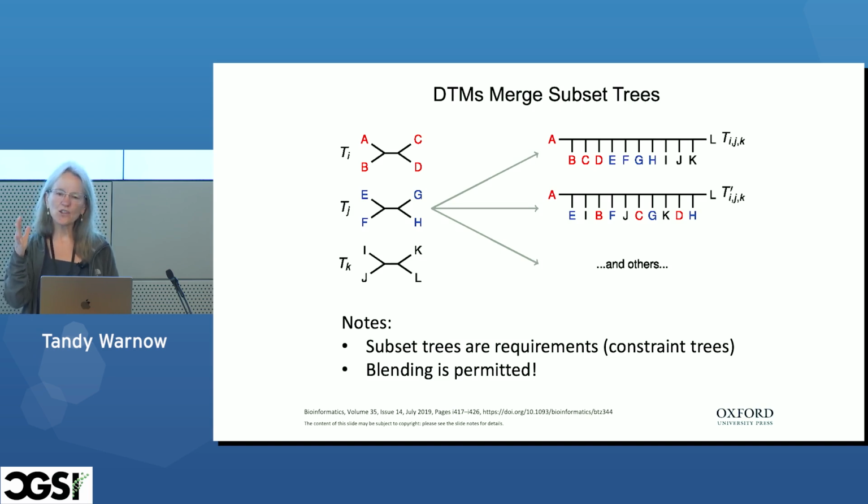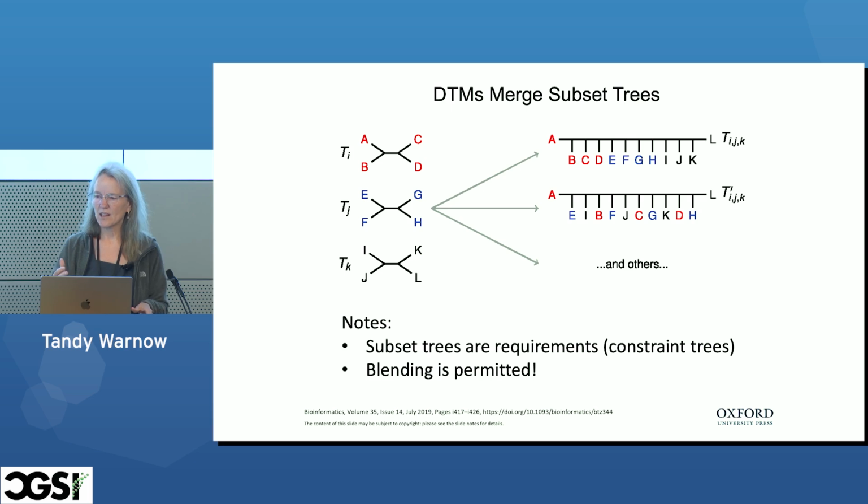But you allow the trees to blend. As long as you don't change them, they can blend. An example of blending is this second tree. These three trees are all subtrees of these two supertrees, but this one is a blended version. It's not like the red leaves are together, the blue leaves are together, and then the black leaves are together. They intersperse. So as long as you force things to stay the same on the subset trees, the constraint trees,